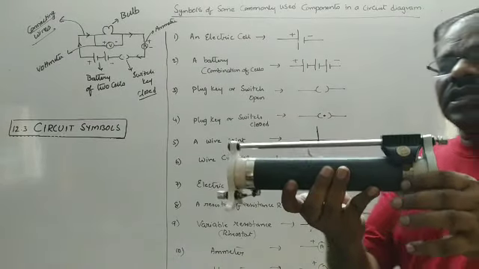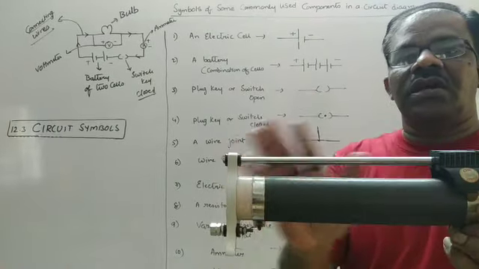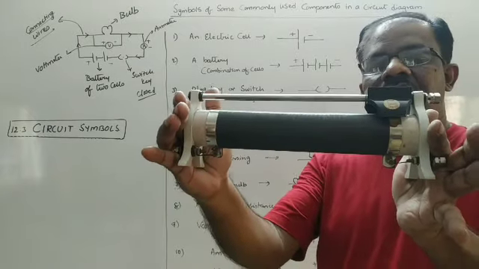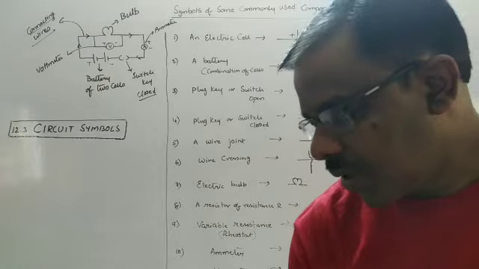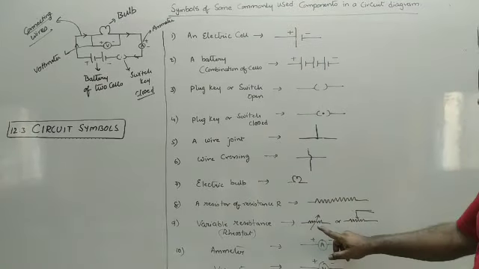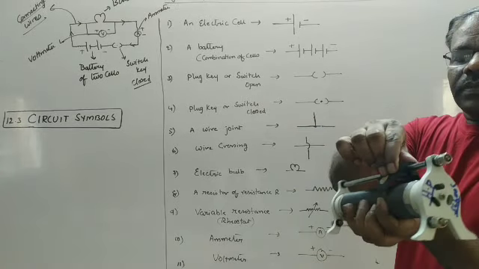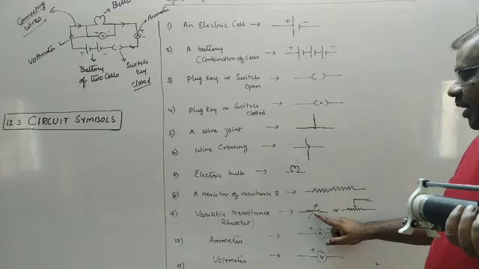Now rheostat is an instrument which is used in an electric circuit to increase or decrease the resistance. So using this, we can allow more current in the circuit. Using the same, we can use less current in the circuit. So instead of this, we use the symbol. Now here you can see this is a slider. The slider here represents this part or the arrow mark.